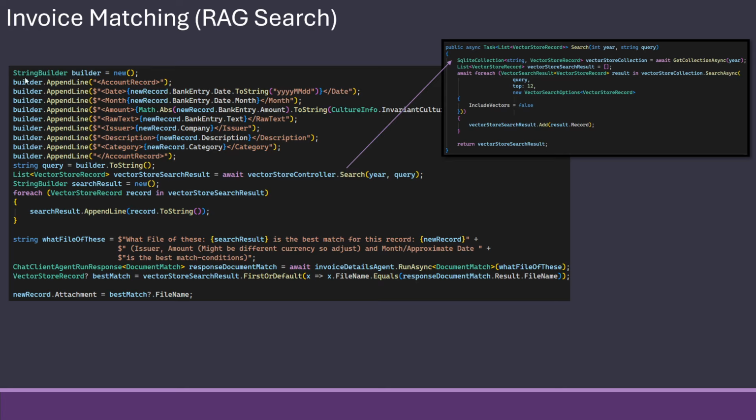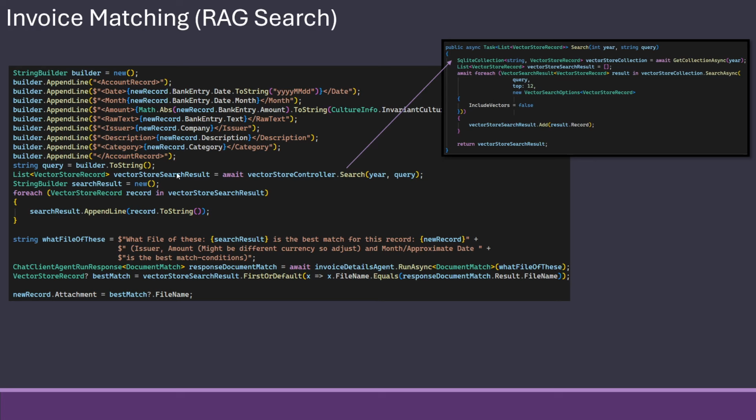I take all this and put it in as a query, and I ask for the 12 latest, because some of these look very much the same. It's not a problem if I do it every month, because then it's not an unprocessed phone bill. But the phone bills look so much the same that I'm taking up to 12 of them, because there are 12 of them in a year. In reality, I don't think I would need that much, because I do it once a month. But just to be sure, I get the 12 best results, which will probably be the phone bills that are there.